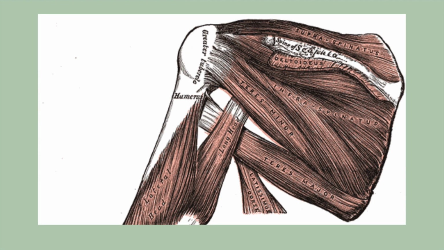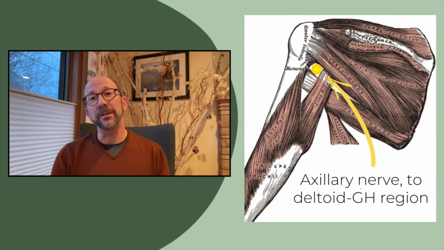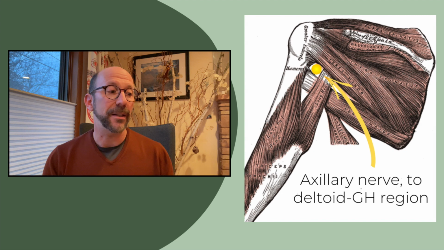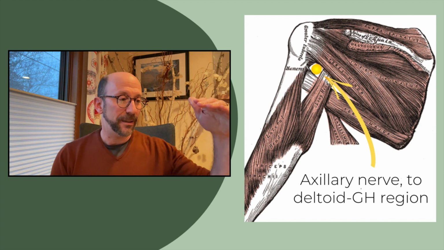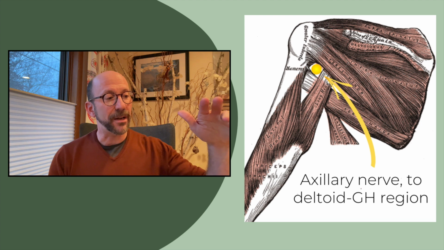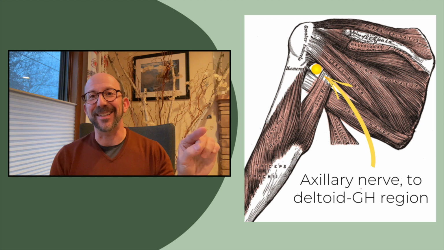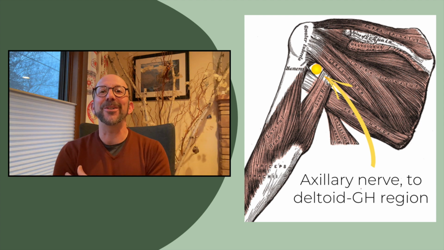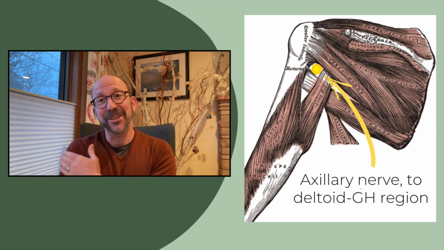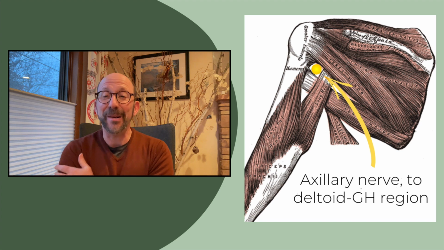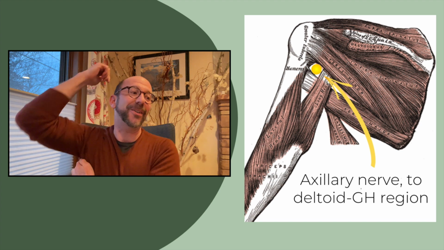Here's a nice view of our SITS muscles: supraspinatus, infraspinatus, teres minor, subscapularis, and of course, teres major. And it's nice to know a little more of the anatomy here in this space between the teres major, teres minor, the long head of the triceps, and the humerus. That's where the axillary nerve comes out, and it wraps around the humerus and innervates the deltoid region. So sometimes pain in the deltoid region is axillary nerve pain, where it's being trapped back here in that quadrangular